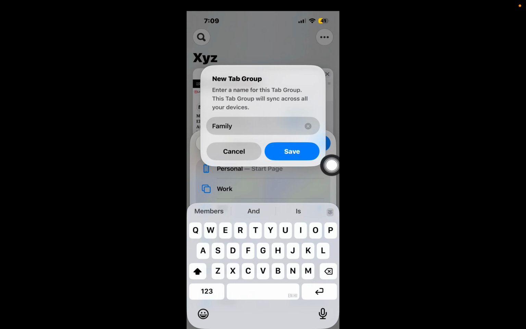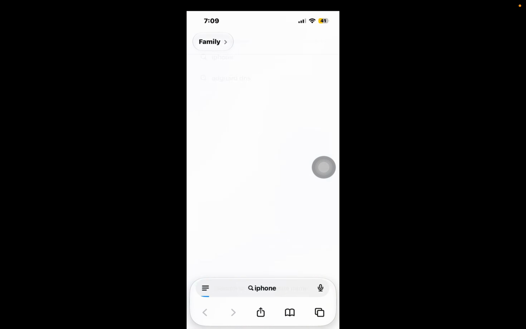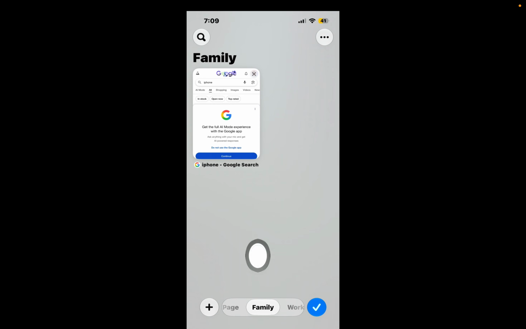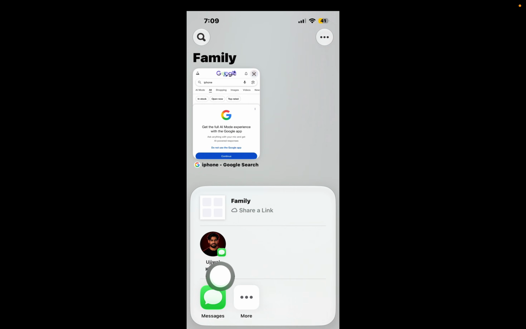After that, click on the save button, and after creating the tab group, just start searching with something and then click on this three dot icon at the top right corner within the tab group, and here click on this share icon. Now you can use the message app to share this link to any family member or friends, and after sending the link, the person needs to join that group using that link, and once they join, everyone can view and